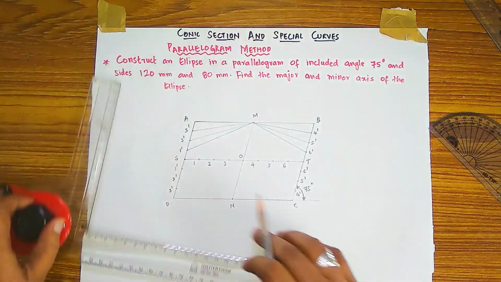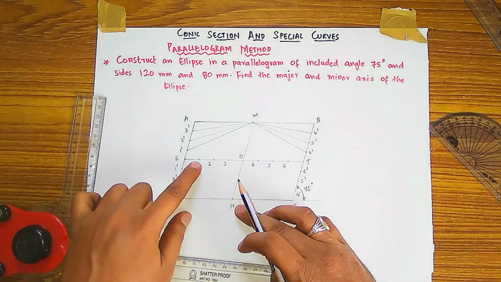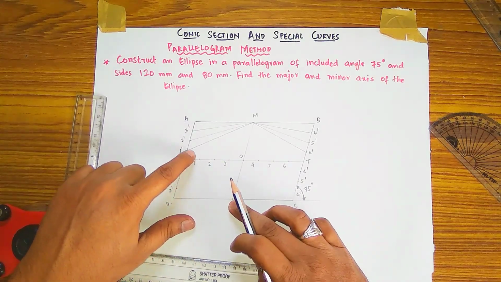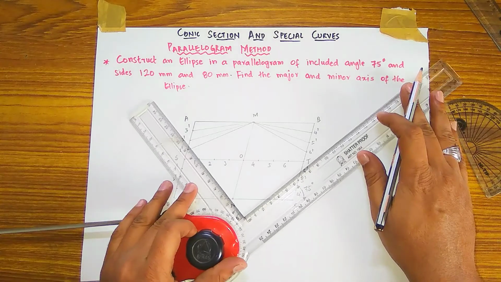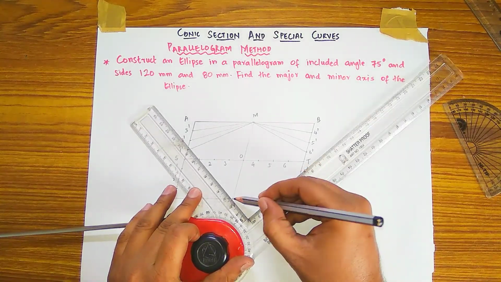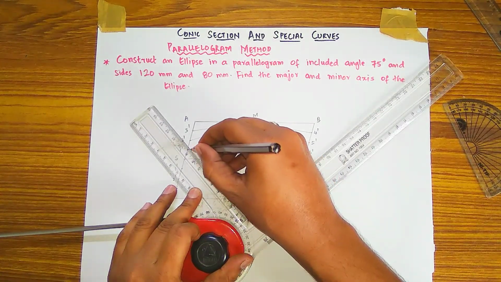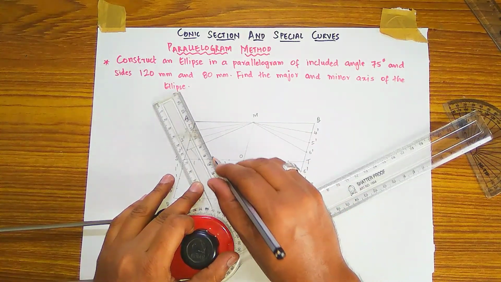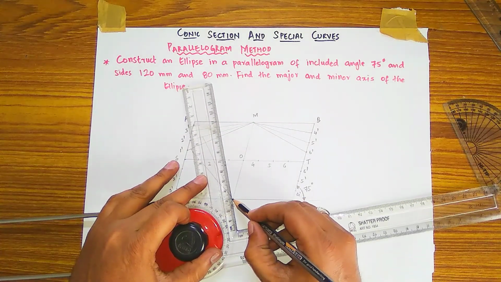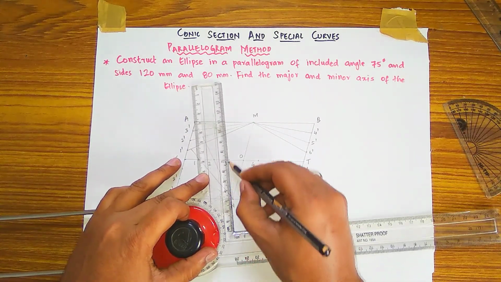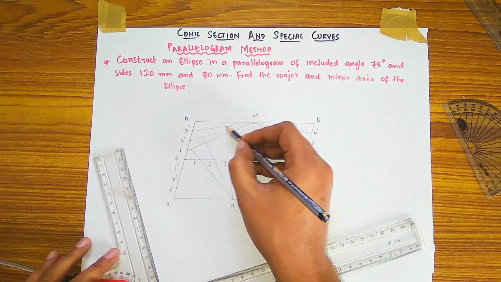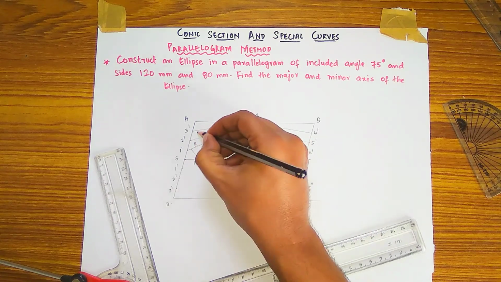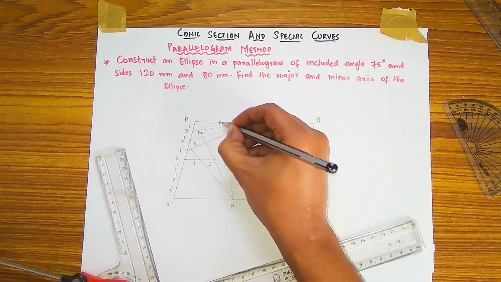Then after from the N, you have to make a line by joining from N to 1 dash. For example, from N, 1 dash. Same for 2 also, from N to 2 dash line. From N, 3 dash. Means these points you will get the ellipse points. So label it as P1, P2, this will be P3.